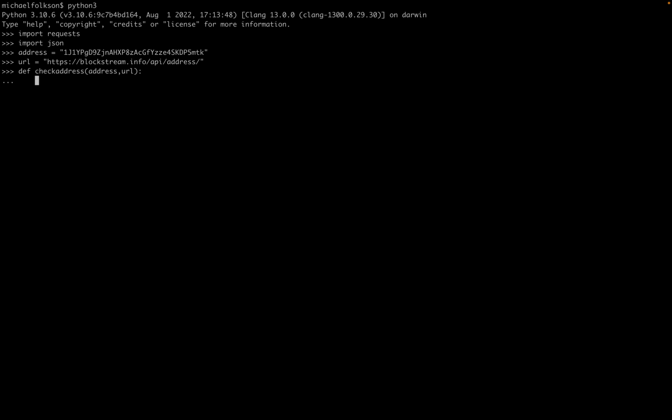We're defining a function, so let's do tab, and we'll define a response variable that uses the get method from the requests package. So the package is requests, the method is get, and we will get data from blockstream.info, and for that particular Bitcoin address. So because they're both strings, we can just do URL plus address,